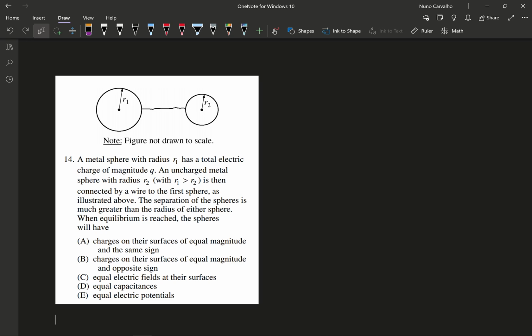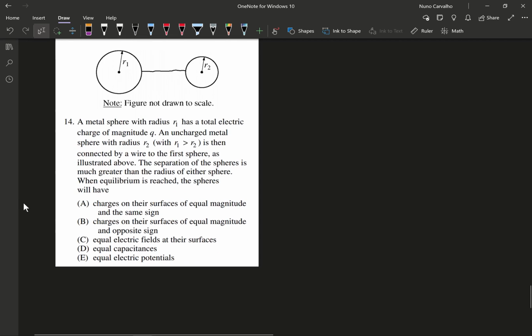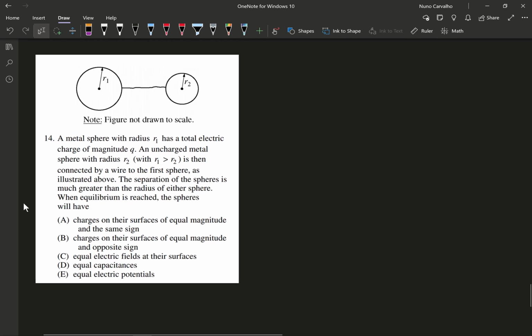When equilibrium is reached, the spheres will have... and this question can be very, very simple, very quick to get as long as you know what you're looking for here. What I'd be looking for is that we have a metal sphere, and then we have another metal sphere. Both of those are conductors. They're connected by a wire, which can also conduct electricity,